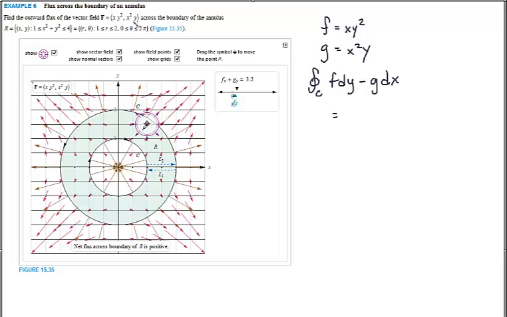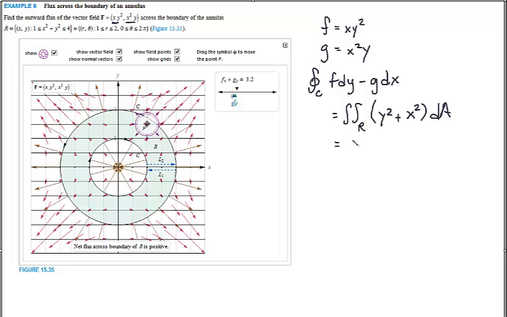I'm going to find this outward flux. I've written down my f and then my g. This one goes in that counterclockwise direction. Everything is working nicely here, so I am going to substitute in for f and g, and finding those partials, I will get, over my region, the derivative of f with respect to x, which will get me y squared, plus, and then my g, I'll take the derivative of this with respect to y, and I'll get x squared, and this is integrated over that area,